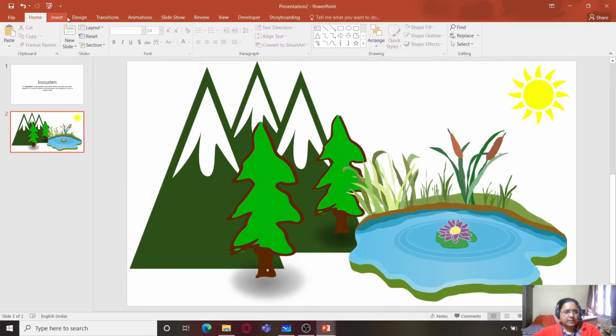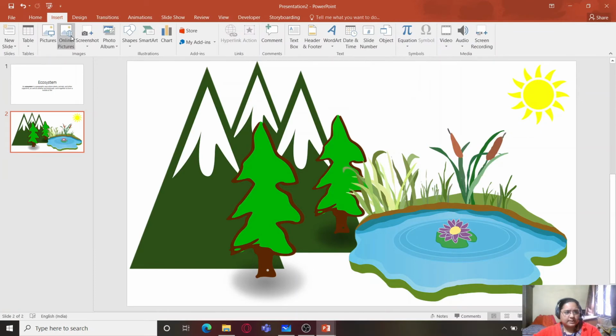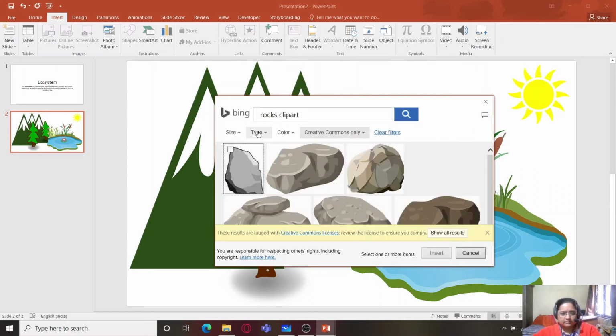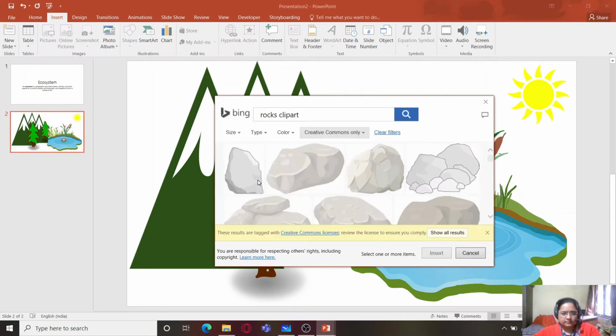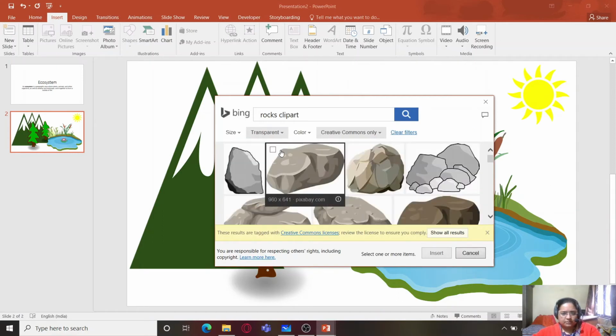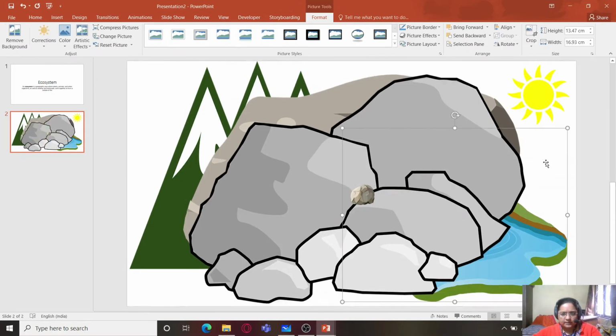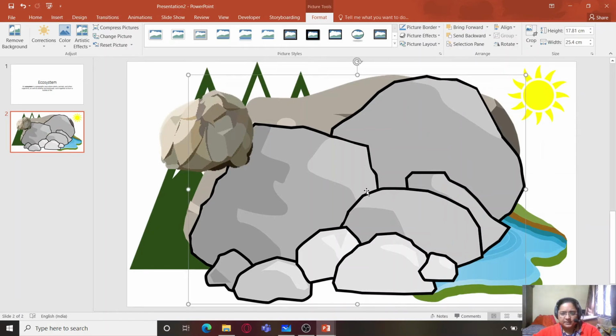Now we want some rocks, so we'll go to insert, click on rocks, maybe 2-3 different types of rocks we can select from here, and we can click on OK, and we get all these rocks like this. We're going to click on them and give them a uniform size.